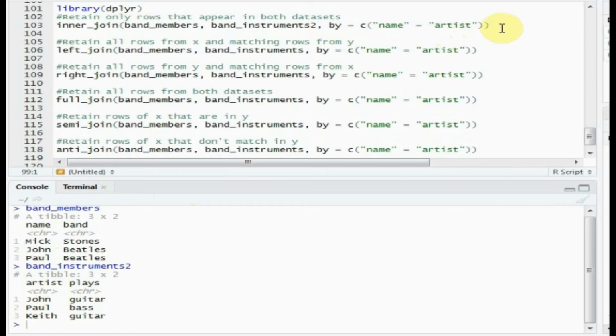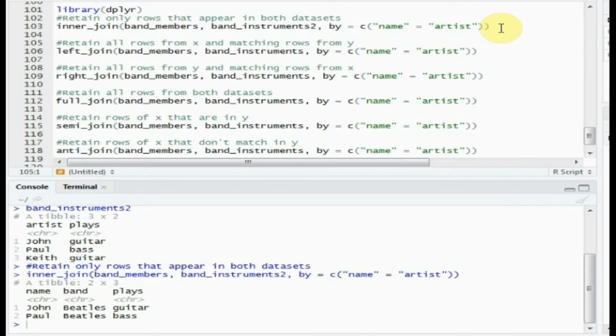You can also choose not to use the by argument. In that case, a natural join is performed based on the column name that exists in both datasets. But if you don't give the by argument and there is no common column name in your datasets, it will throw an error.